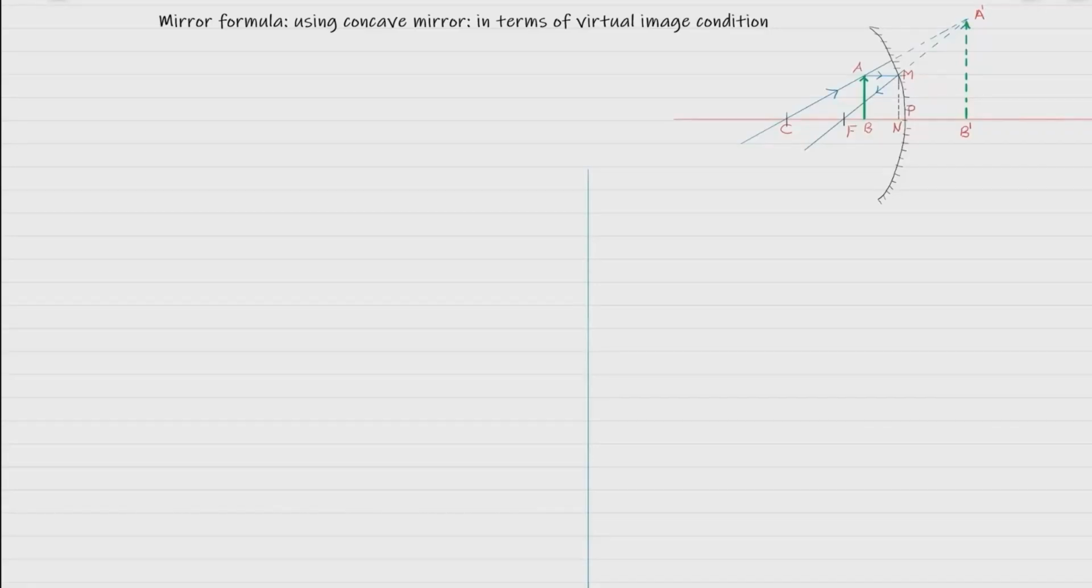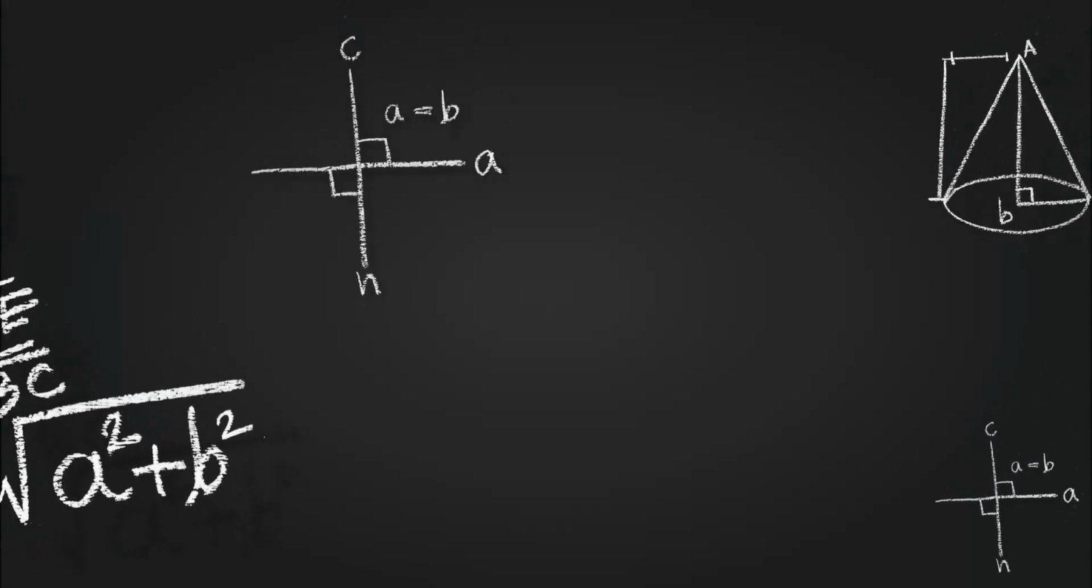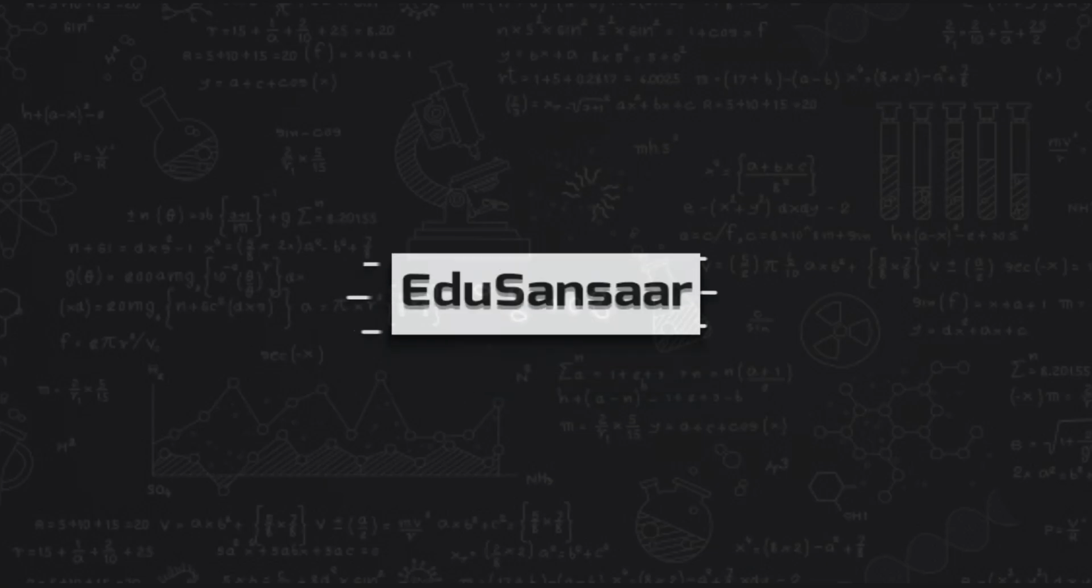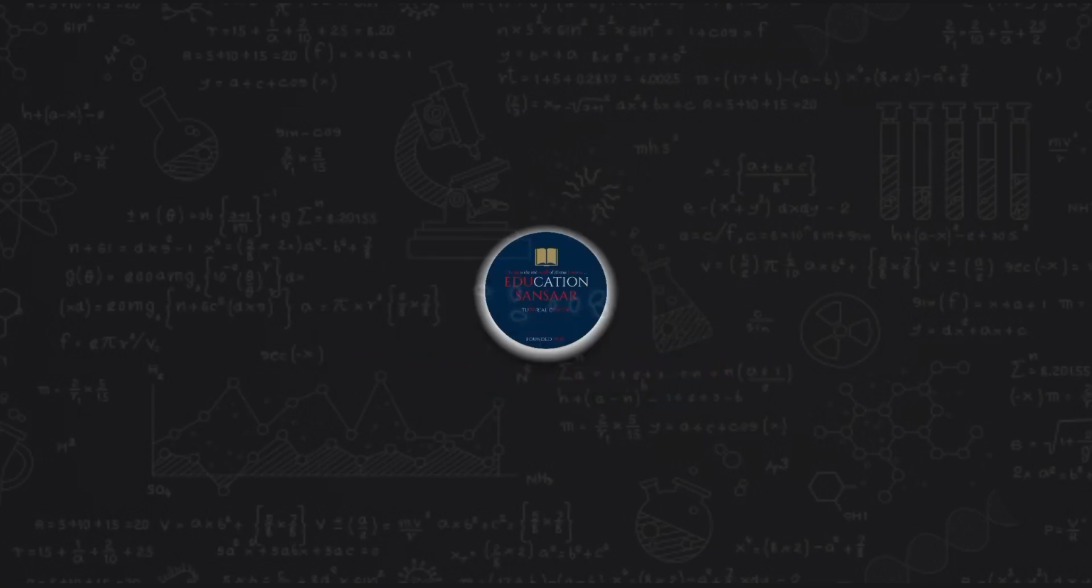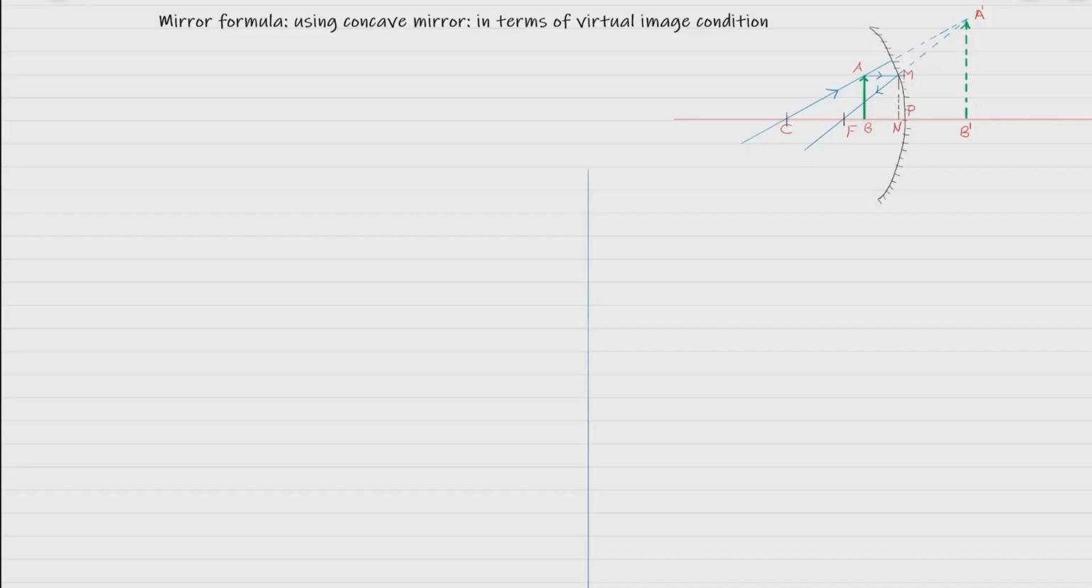Now I am going to discuss the mirror formula using a concave mirror in terms of the virtual image condition. As I have discussed the mirror formula using a concave mirror in terms of the real image condition,